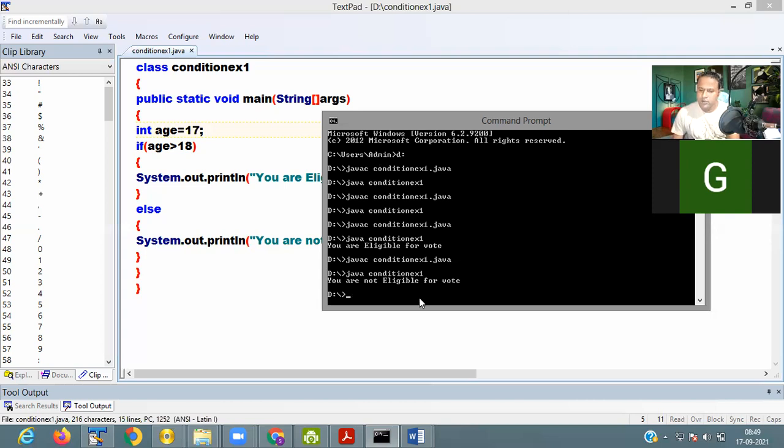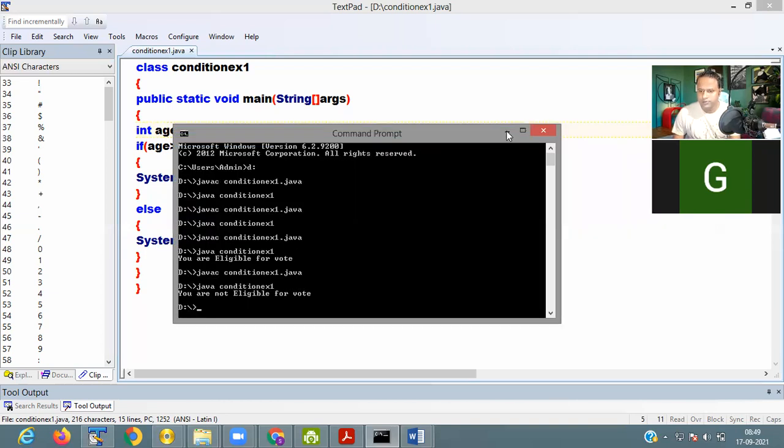So it is showing you are not eligible for vote.